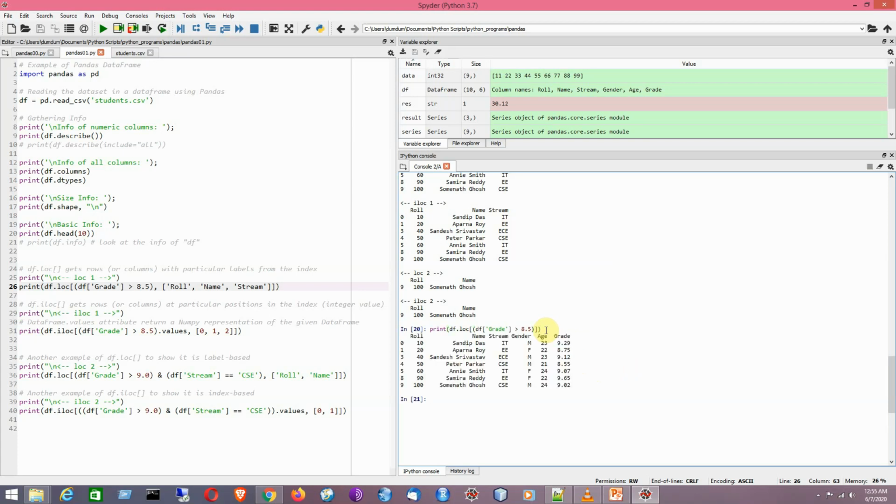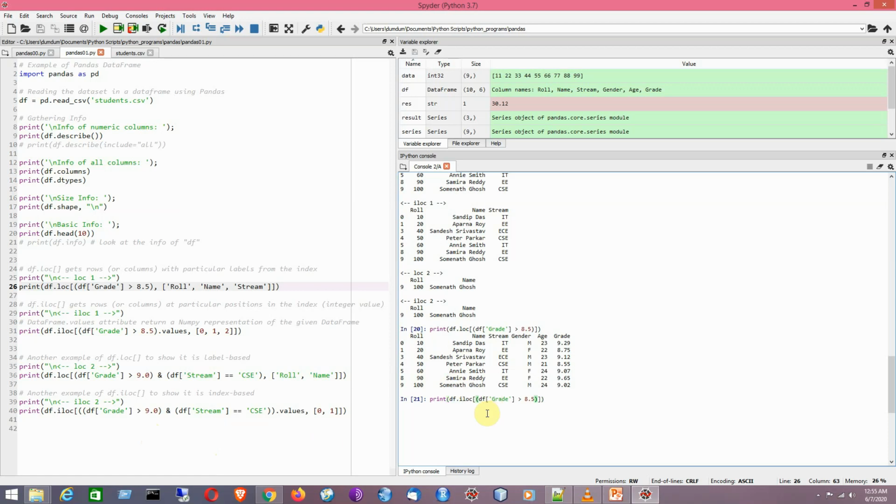So that is showing. That means either you can go for all the columns or you can have a selection of columns. In the earlier example I selected columns in the result, but here I have selected all the columns. The same thing can be applied with respect to ILOC also.